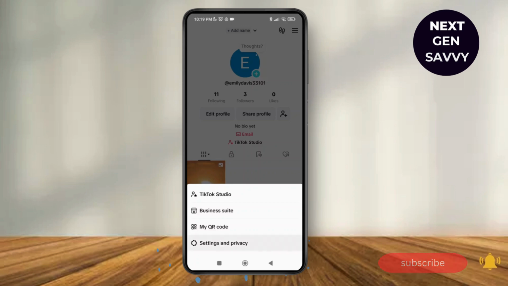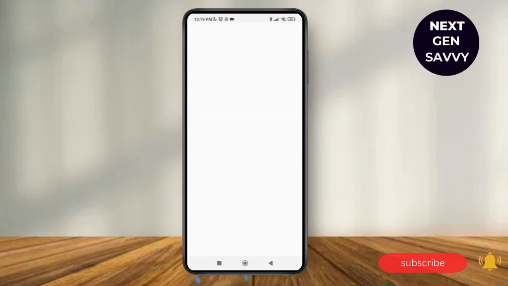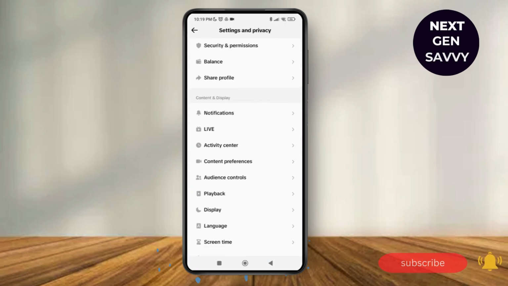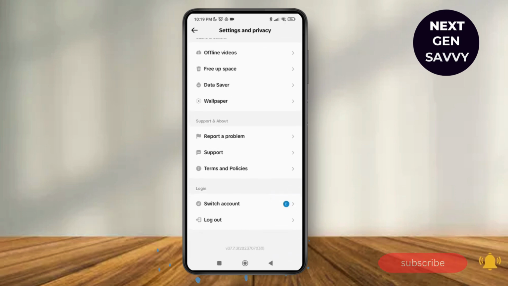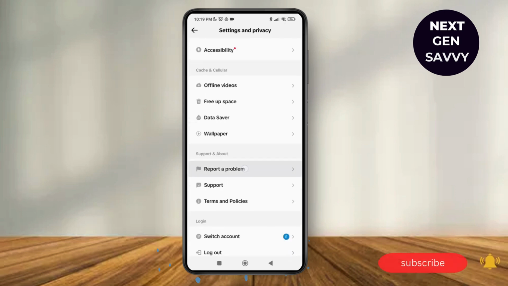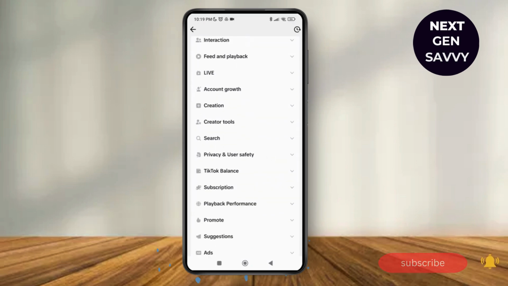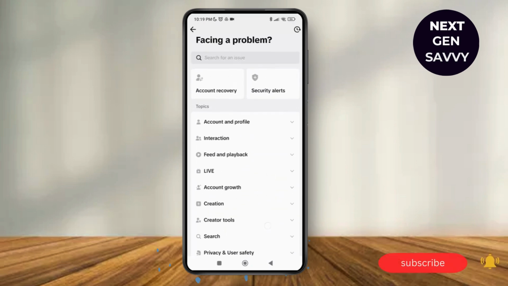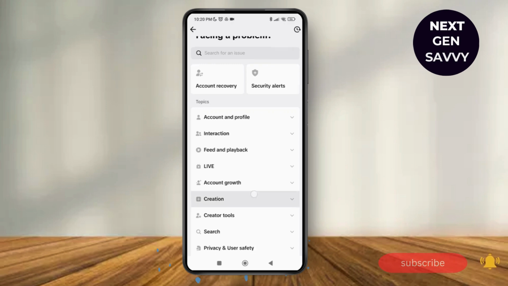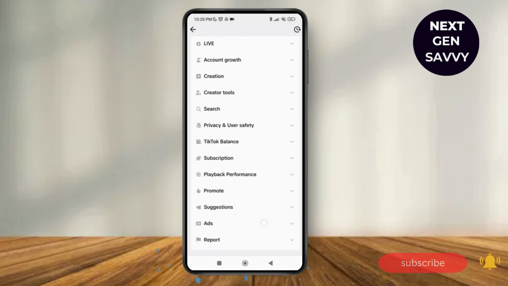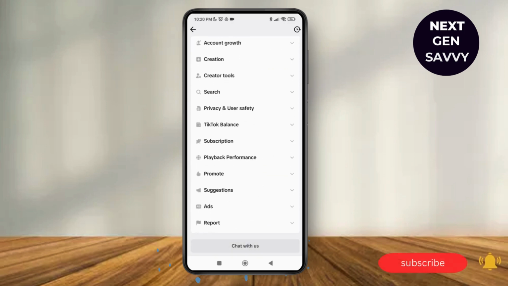After that, tap on Settings and Privacy and scroll down. And here, all you have to do is just tap on Report a Problem. As you tap on Report a Problem, you'll be able to see different options over here. So you can just select any of these options over here, or you can just directly tap on the Chat with Us option,